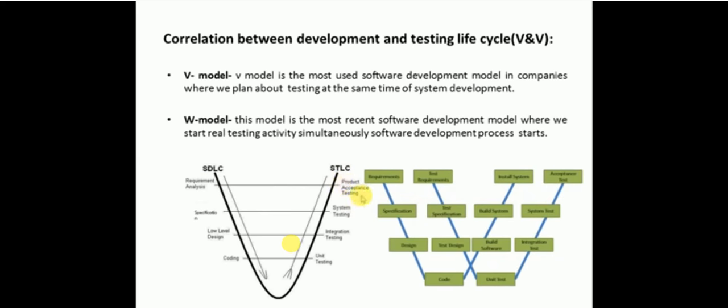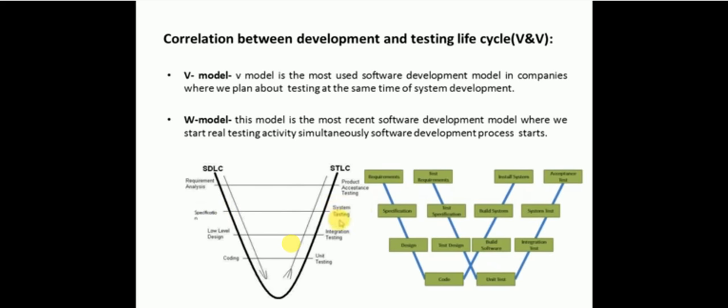So it's just planning. The STLC thing is a plan, and the actual execution is of this phase, which is on the left side of this V symbol. So requirement analysis will happen and UAT will be planned. After the requirement analysis, specification will be performed, and at that same time system level testing